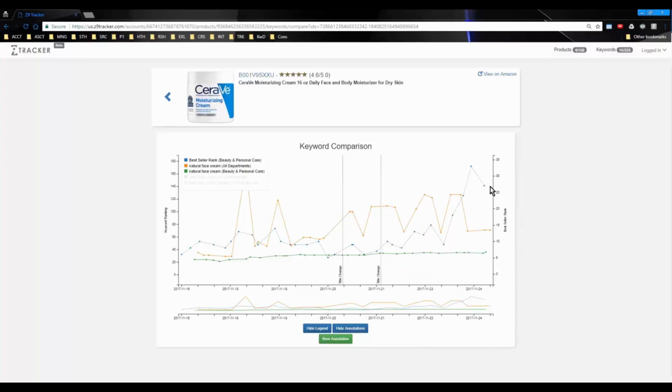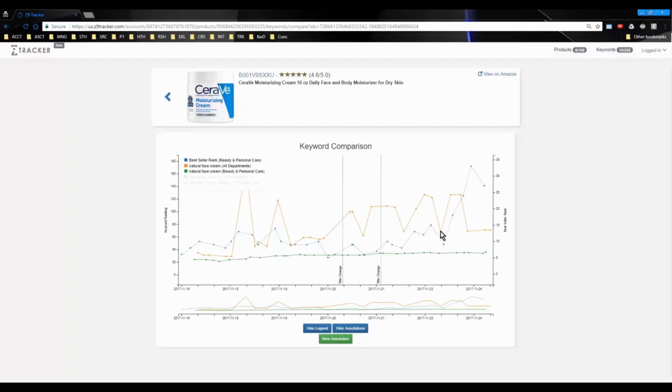Now, this is a bestseller rank, so you have to pay attention to the difference here. This is a pretty high bestseller rank. I say pretty high, it's pretty low, so it's a pretty good one. It's a pretty good bestseller rank. Now, with this kind of fluctuation, that can be somewhat normal, right? But with a keyword ranking position that used to be around 35 to now it's around 71,